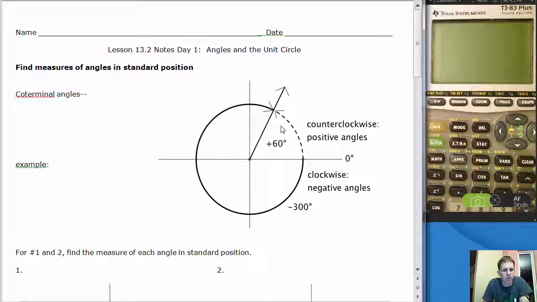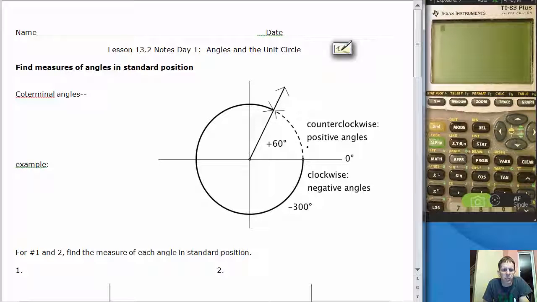Alright, these are the Lesson 13.2 notes, day 1 on angles in the unit circle. Today we're going to find measures of angles in standard position. We're also going to be able to calculate sines and cosines of angles on the unit circle. First of all, we're going to talk about measuring on a circle, and we're going to find some measures of